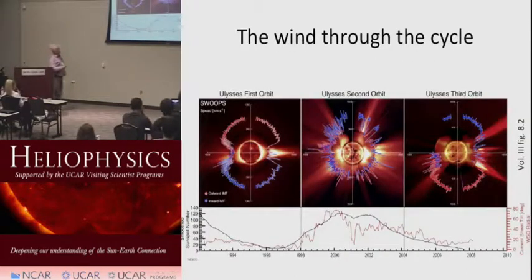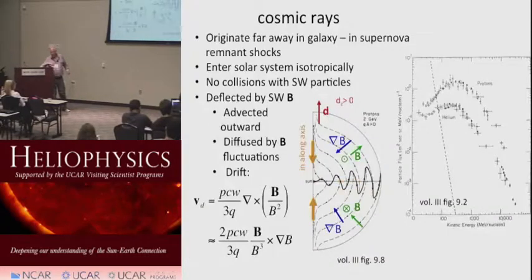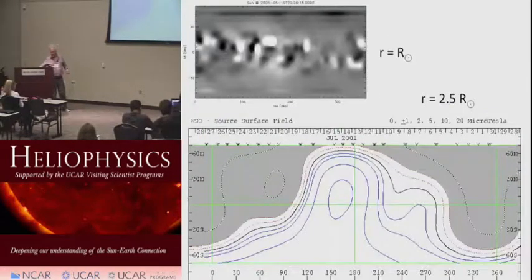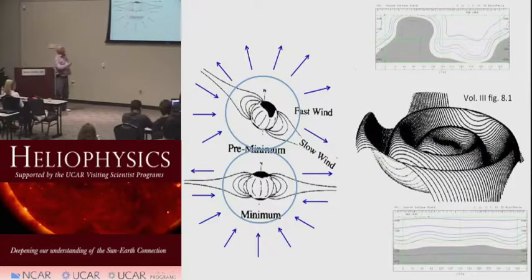Last thing, I'll just show you that as the sun changes from minimum to minimum, our sun changes the dipole moment. The wind that's coming out from the poles is going fairly fast. This is fast solar wind, and it is going 800 kilometers per second. The wind that comes out along here, and there is some wind that's following these field lines here, tends to be a lot slower,